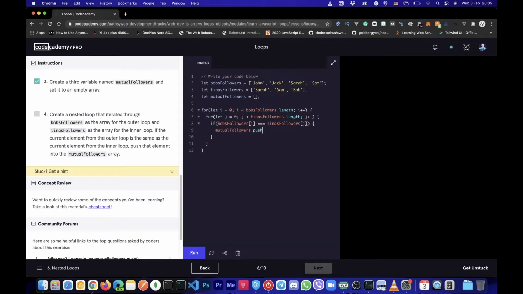So dot push Bob's followers item to the mutual followers array. I think this should be okay. Let's run our code